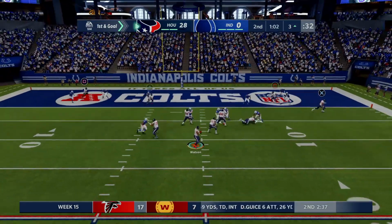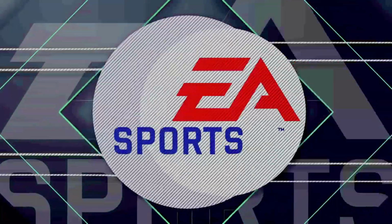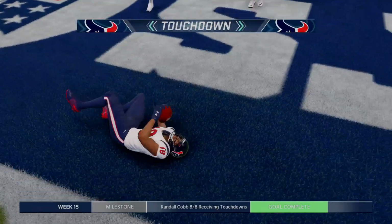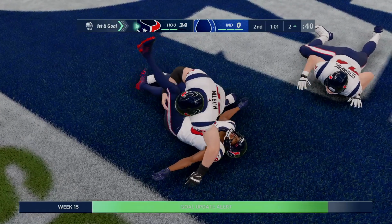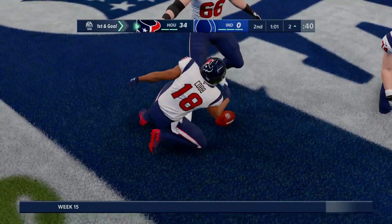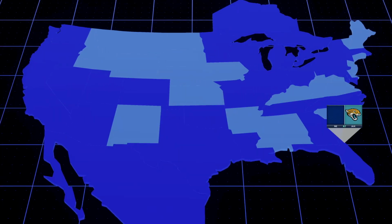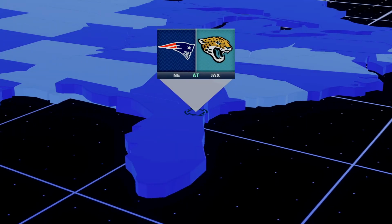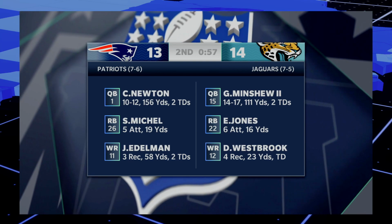So now with a minute to go in the half, we are only 3 yards away, and we will get a score to Cobb on the slant route into the end zone, extending this lead to 35-0 here coming in at halftime. And that, like I told you, that's how this game went. There wasn't a whole lot besides these scores to kind of show on the just total domination,